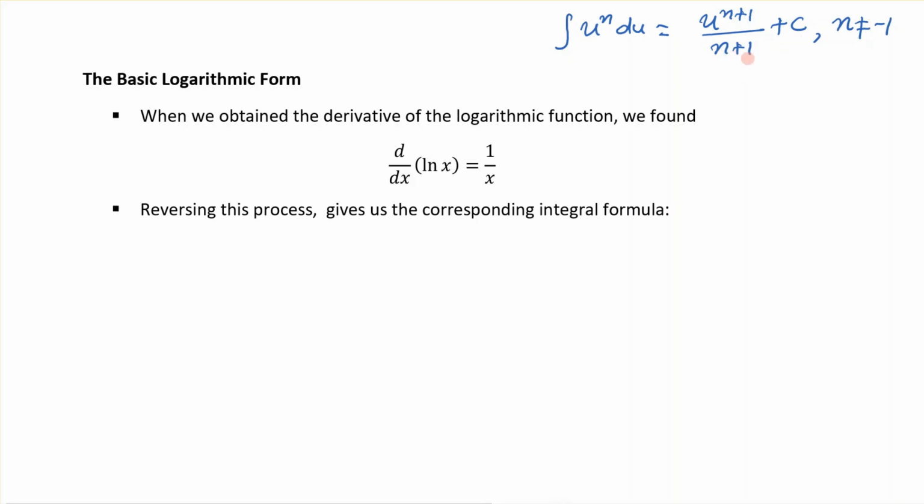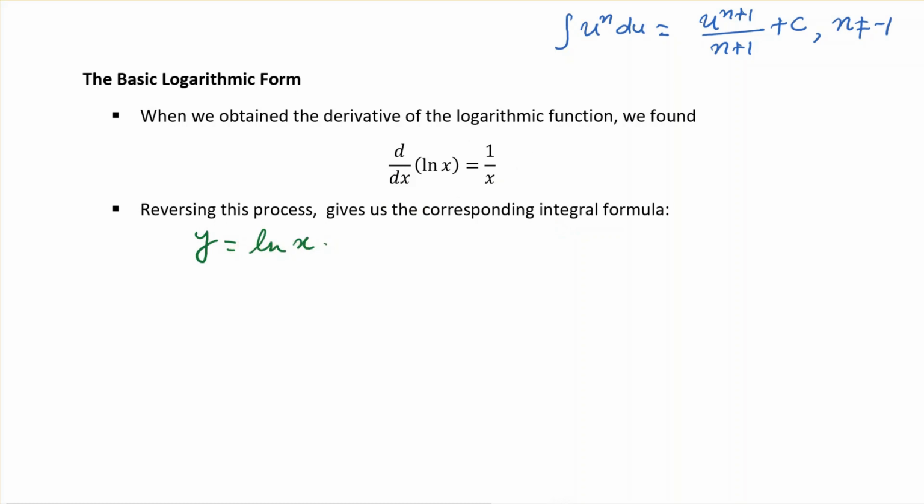Because if n is equal to -1, this would cause the result to be undefined. So today we're going to discuss the case that fills in the gap when n is -1, and see what the integral is when the power is -1. When we did derivatives, we obtained that the derivative of the logarithmic function is 1 over x. So we're going to reverse this process and come up with a formula for the integral. So let's set y equal to ln x